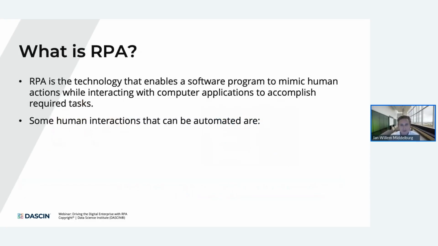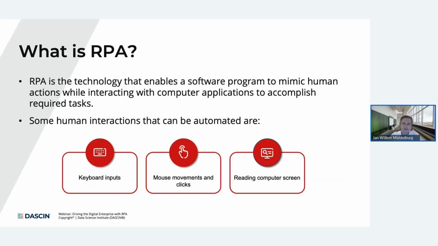So to summarize a little bit, before we dive into some of the more technical aspects, RPA is the technology that enables you to create workflows. And it's a software system with which we can model or mimic what people are doing behind the computer, and transform that into executable workflows that can subsequently repeat that task.